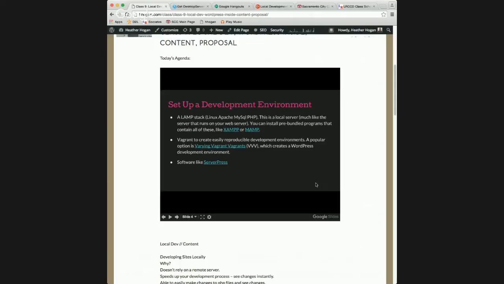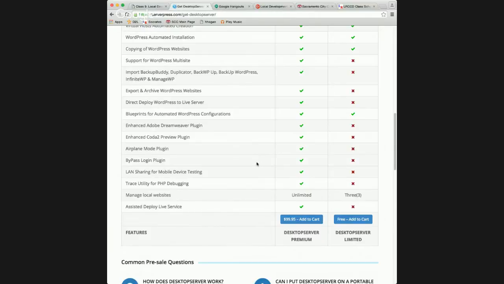So the other reason you would develop locally, a good case, would be your client has a website up, they want to redesign, they don't want to give you access to their server, they are sensitive to privacy, and they don't want you putting it online. So you would have to develop locally, and then once the site's done, you need a way to take that site and replace the old one on their server. So that's the primary reason you would need to develop locally, other than it just being kind of faster and easier in a lot of ways. And the free version does give you that capability to develop it locally. Yes, it gives you limited,